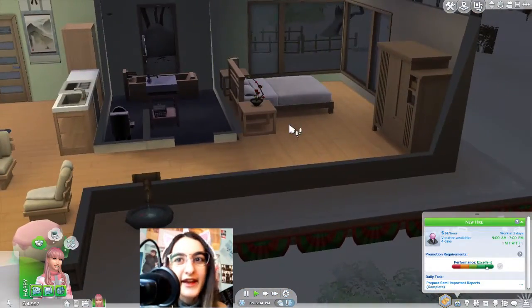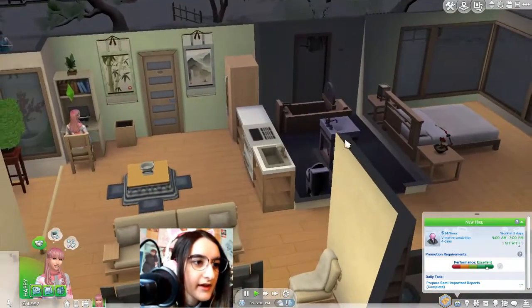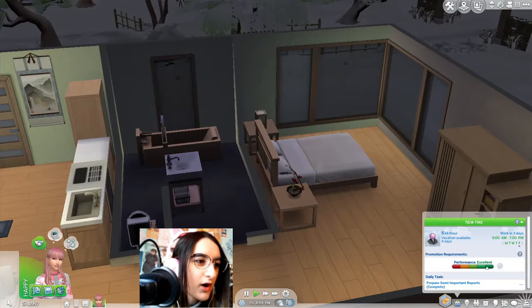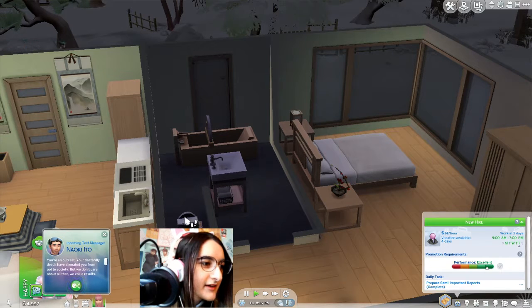This house was actually one that came with the pack, but I changed it up a bit. Like the bathroom was kind of separated, like this wall was already built here, but it had a wall here and a door here, and so the toilet was already a different,